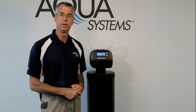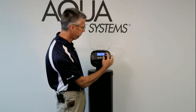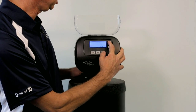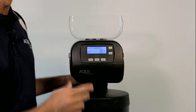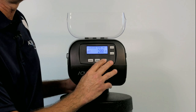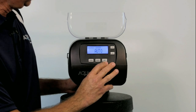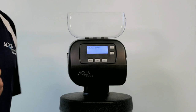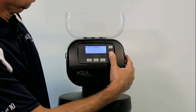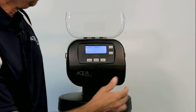Now let's talk about where that's set up. That's set up in the installer mode when they originally put their settings in a new system. So that would be the next and the up button. You would go through your normal settings such as hardness or gallons capacity, and I'm going to rapid cycle through the choices until we get to the energy saver. Now you will have three choices on the energy saver. It will be energy saver on, in this case it was on, energy saver off, or the new setting